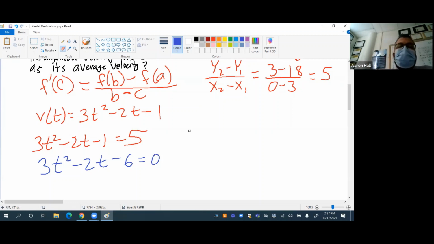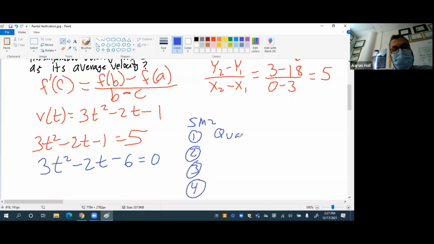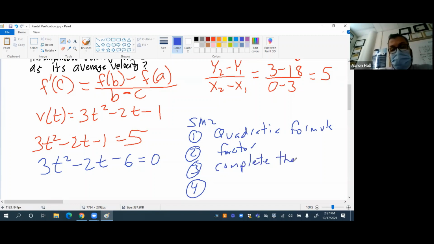There are 4 ways to solve for a quadratic. This is a secondary math 2 idea. What are they? We can use the quadratic formula. Yeah, we can factor. What else? We can complete the square,